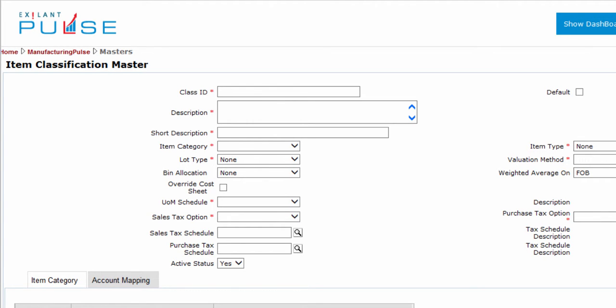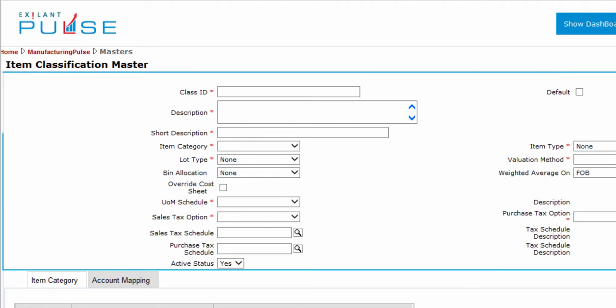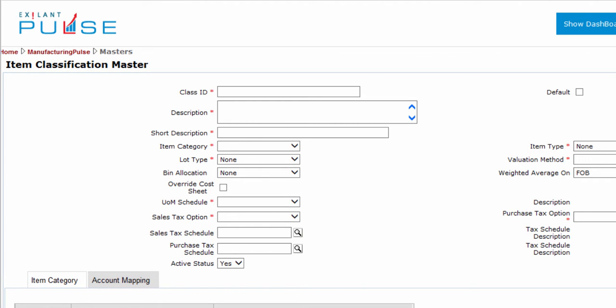Hello, you have opened a new item classification document and are ready to start entries in the header section. In this section, you can enter or view information related to class ID, default, description, short description, item category, item